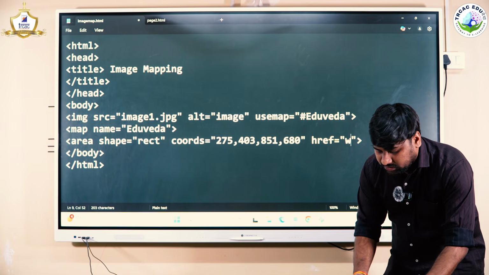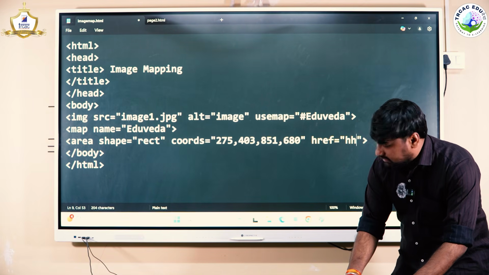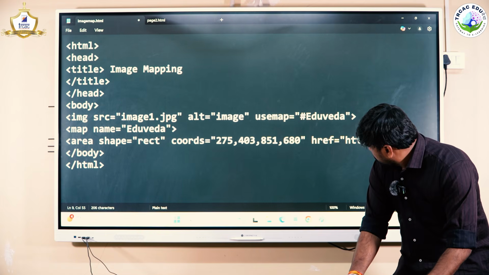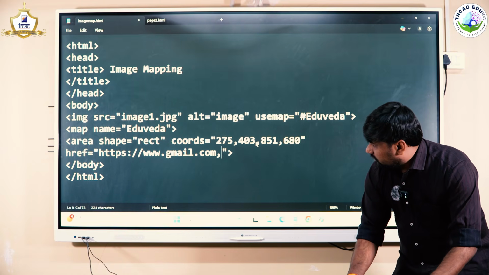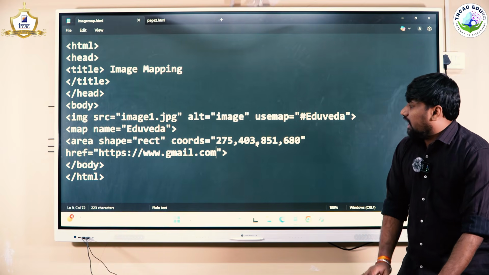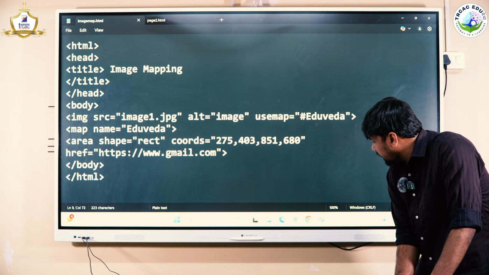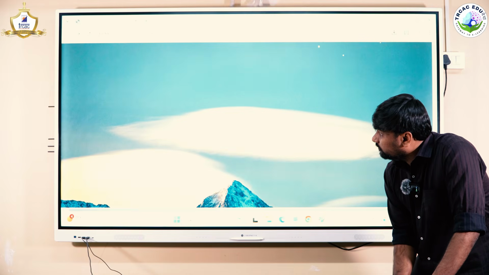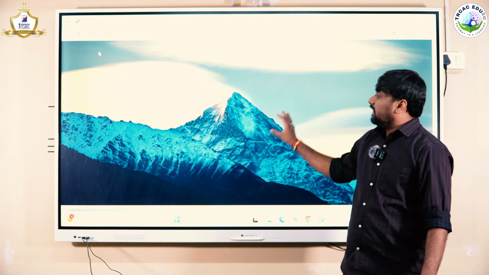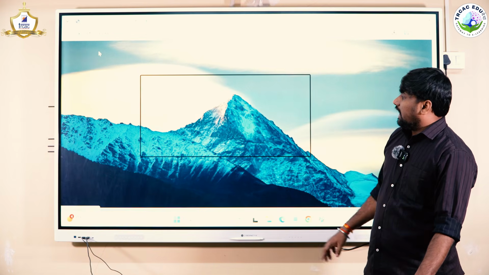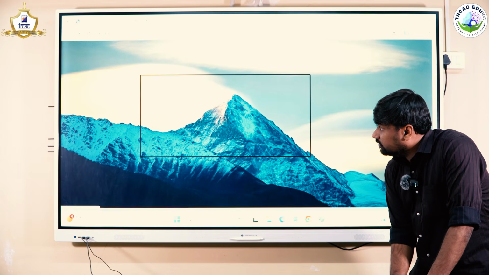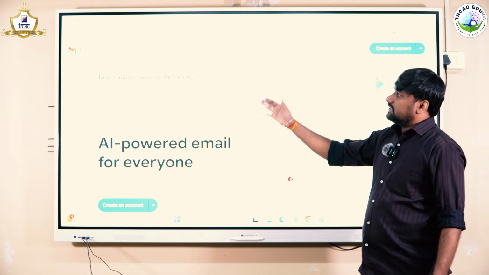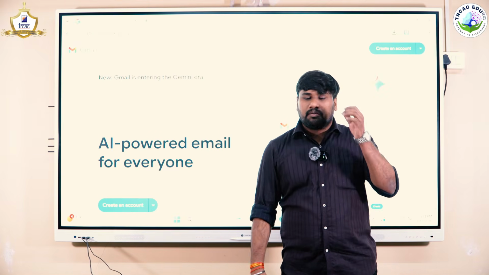And let us give a link to this. I am giving reference to gmail.com. So https gmail.com for example, and let us check. After this we need to check whether our web page is actively navigating to gmail.com or not. So this is our web page. For checking whether the rectangle is there on the web page, we will press the tab button. After pressing the tab button, yes, we are able to see the rectangle, and let us check whether this rectangle is navigating to gmail.com or not. Now you can see our rectangle is navigating us to gmail.com,